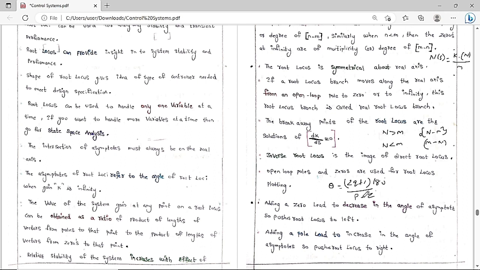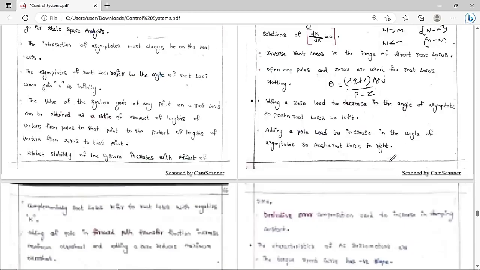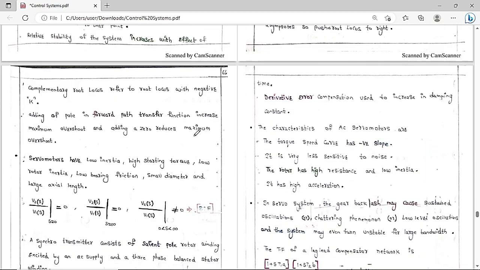It means if the number of poles increases, the denominator is going to increase, so the overall angle is going to decrease. Therefore, the root locus is going to shift to the RHS of the S plane. This point you always have to keep in your mind. The next point is